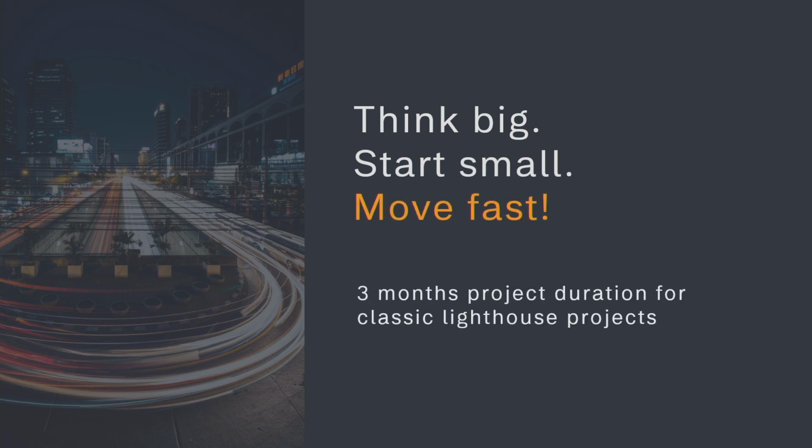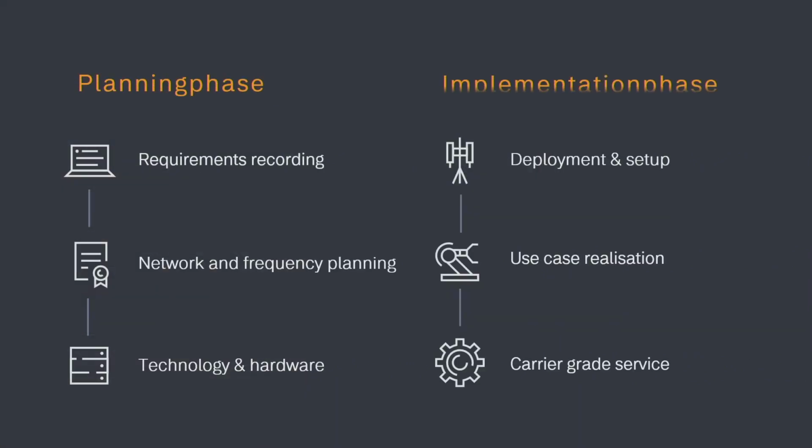When you're asking yourself, okay, how long will it take to set up such a 5G mobile private network? With respect to the current chip crisis and the availability of hardware that is not in our hands, we currently say 3 to 4 months from ordering to operations for such a mobile private network. And we're helping you in the planning, in the implementation phase, and we maintain, and if you want to, we can also operate